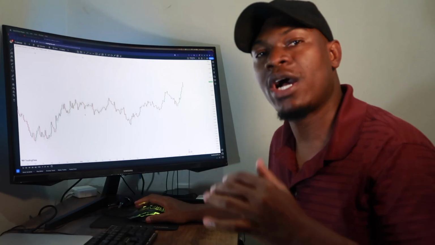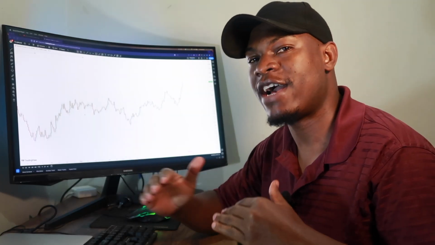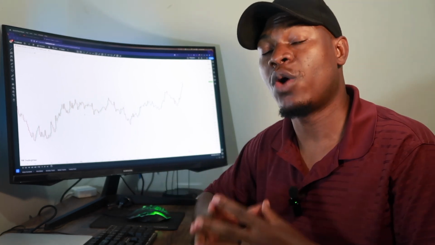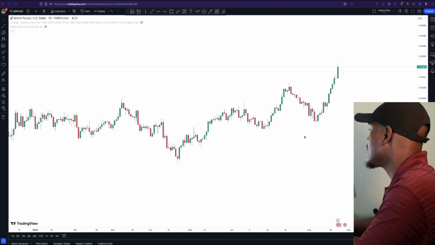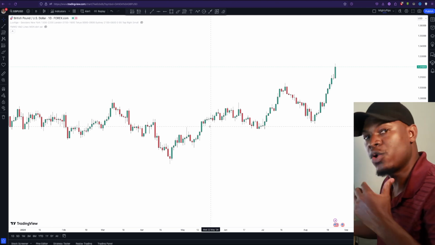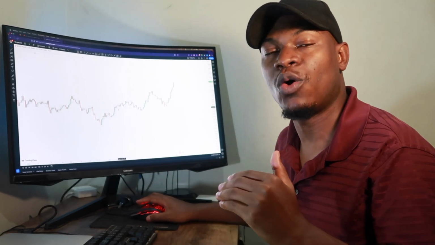So this strategy works based on daily high, daily low, and 4-hour high, 4-hour low, up to the time frame when you want to enter or where you want to enter the trades on. So what we do with this strategy is you just go onto the daily chart like the way you see here. We are on the daily chart, and then you want to do a top-down analysis based on the daily